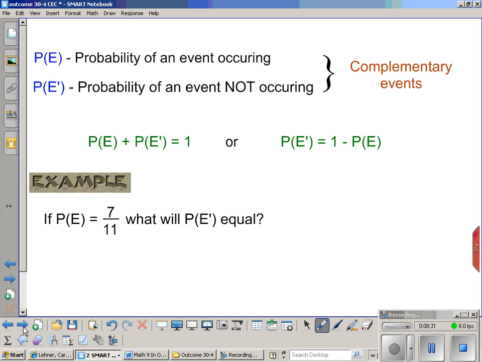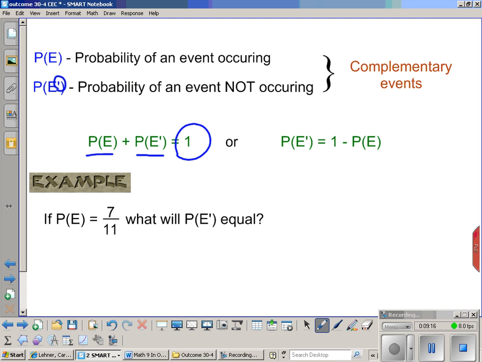The probability of an event occurring can be represented as P brackets whatever that event is. So in this case, we're going to call it an E. The complementary event is the probability that that event does not occur. And we use the prime notation to represent the complement event. One thing to keep in mind, probability of an event occurring plus the probability of it not occurring is always going to equal 1. Or if you're in percentages, it will always equal 100%. Because an event is either going to occur or it's not going to occur. So the total of those two together would be 1.